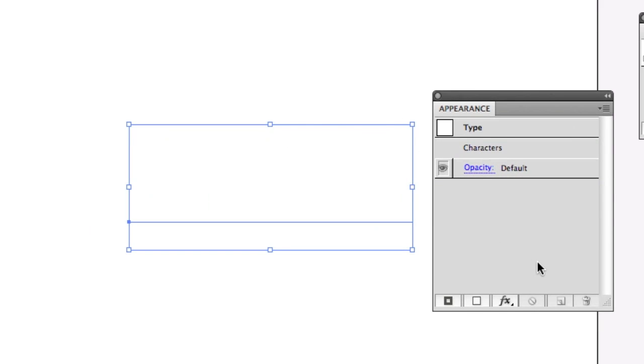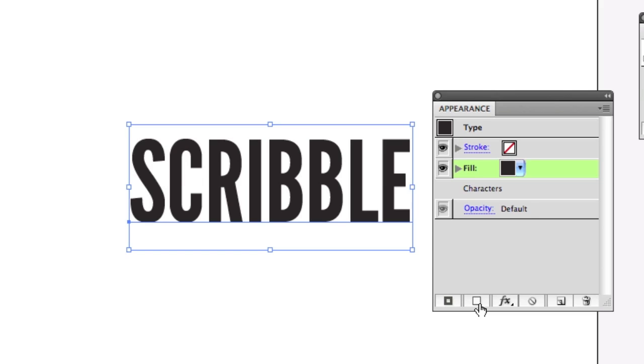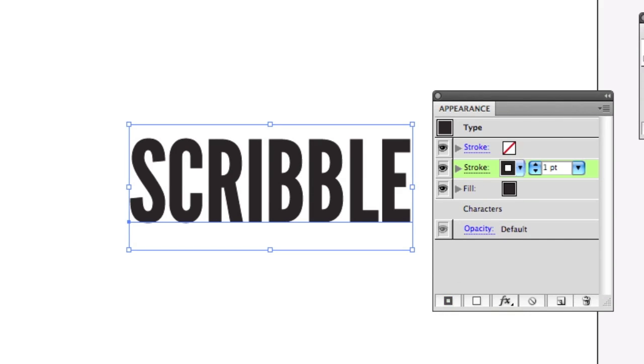The first thing I'm going to do is add a new fill, just like that. I'm going to leave it as black, so that's fine. I'm also going to add a new stroke, just like that. Then I'll make sure that I'm working on the fill right here. And I'm going to go to Effect,